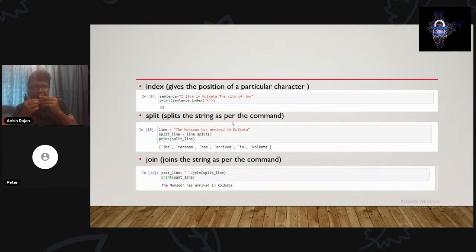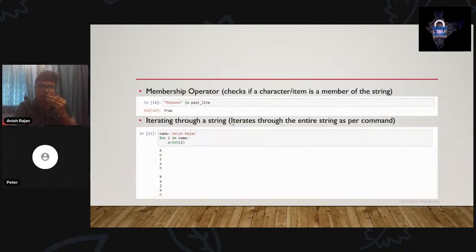And likewise, as there is split, there is join. So we use the join function, and then we join back all these words together, and we get back the string. So actually everything has its own application. Somewhere we require to split, somewhere we require to join, somewhere we require to find the index.